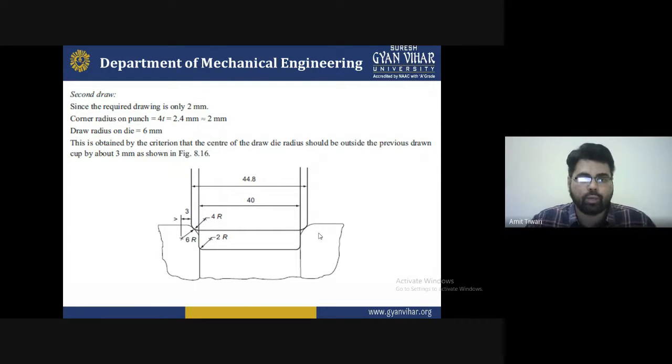So you put two values, that you can find out the two for the corner radius and the drawing radius, and the 4 for the corner radius we can see here. And 6 is also for the die drawn of the die. We can put the value from this drawing. And the 3, that means the 3 is the previous cut, we can say the outside cut. So all the terms in the question are given.